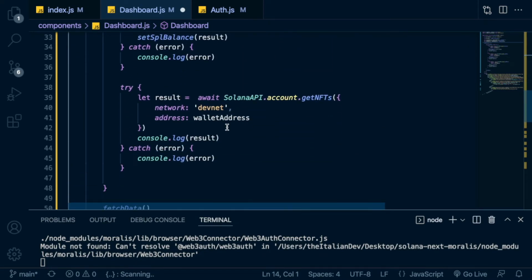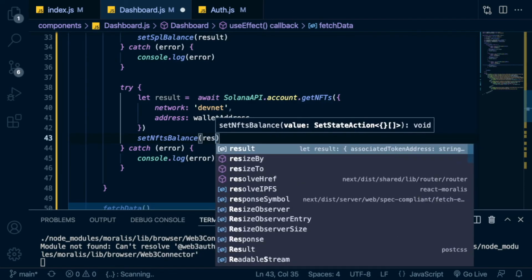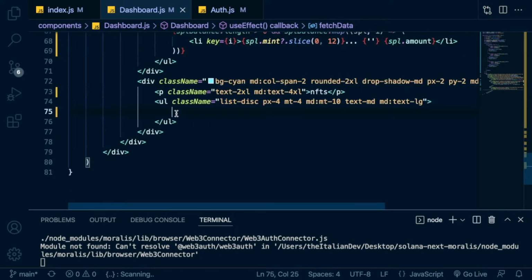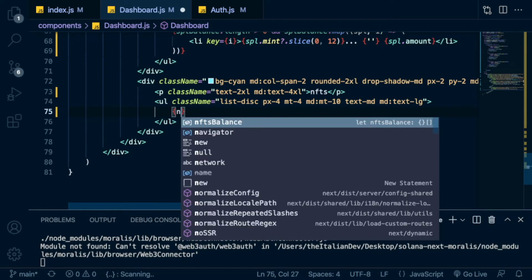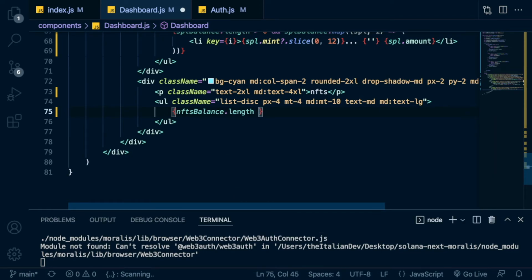So instead of console logging the result, we can call the set NFTs balance and pass the result. So now we can go back to our NFTs, and again inside the unordered list, what we can say? We can say if NFTs balance dot length is greater than 0, so it means we have NFTs, and